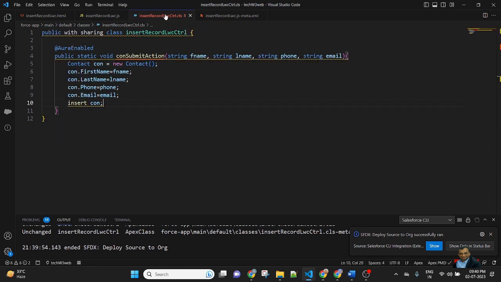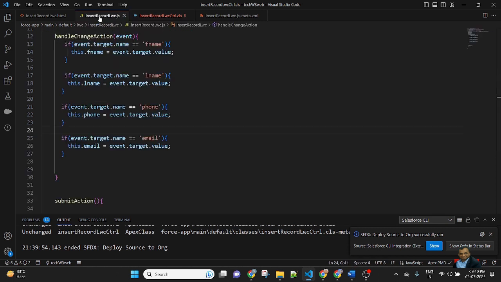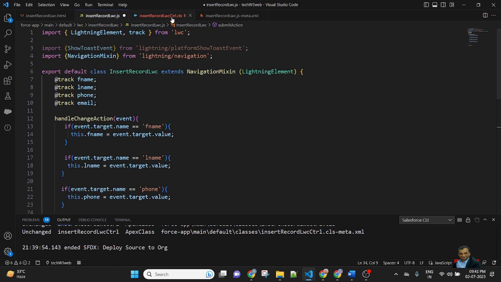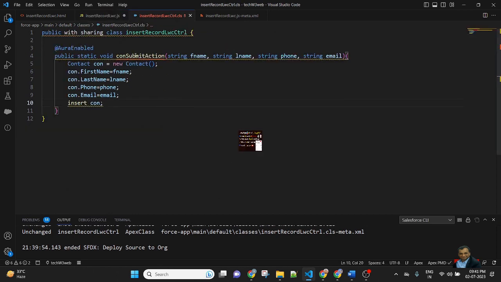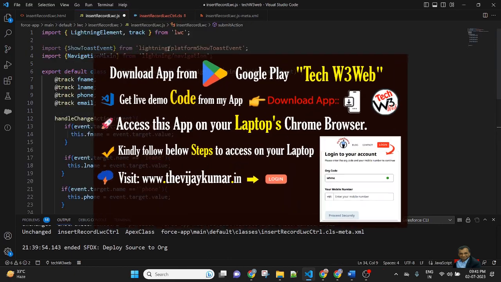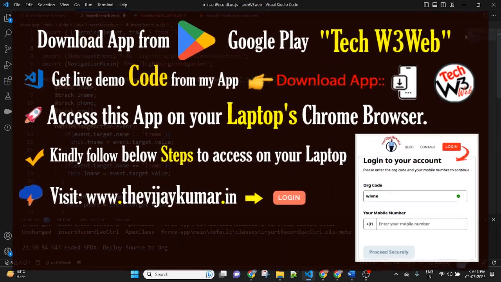Now this method will be called in the JavaScript. So first I import the Apex class method. So copy the Apex. This is the name of the method. Copy and import the method in JavaScript.